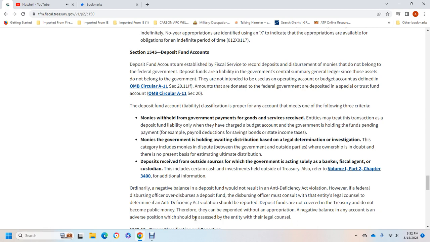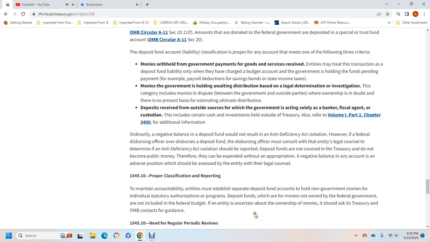However, the federal disbursement officer for the fund must consult with legal counsel on whether the determination of an Anti-Deficiency Act violation should be reported. Deposit funds are not covered in the Treasury and do not become public money; therefore they are expended without appropriation. A negative balance in any of the accounts is an adverse position which should be assessed and addressed with legal counsel. 1545.10 Proper classification, reporting, and maintaining accountability: